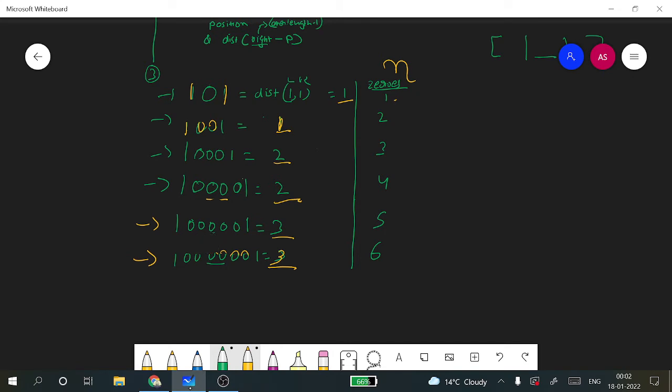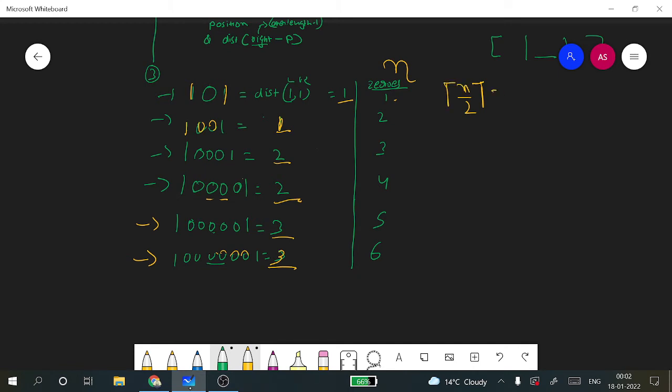So here we can derive a formula. If the number of zeros is 1, we are getting the output as 1. If the number of zeros is 2, we are getting the middle as 1. If the number of zeros is 3, we are getting the middle as 2, for 4 then 2, then 5 gives 3, then 6 gives 3. So how are we doing this? We are taking this